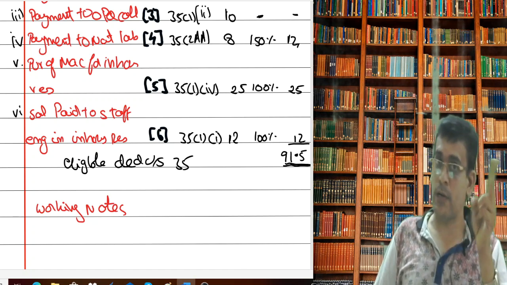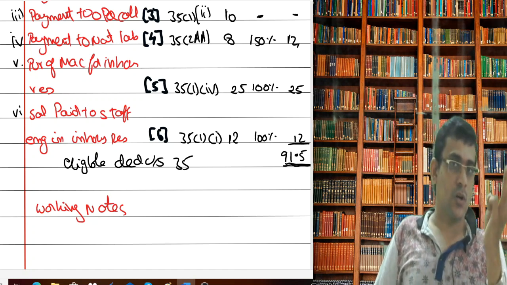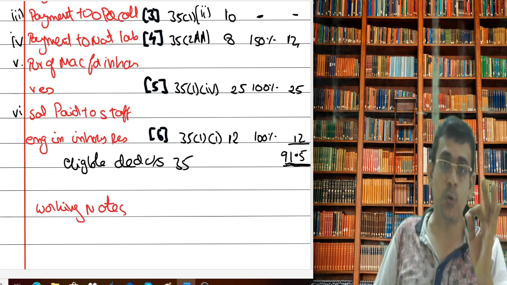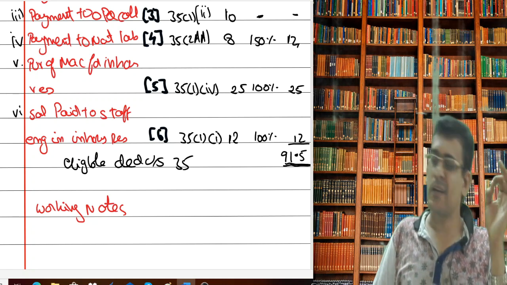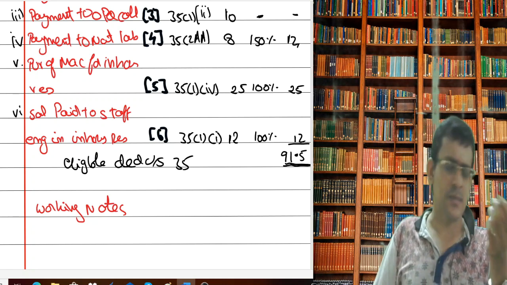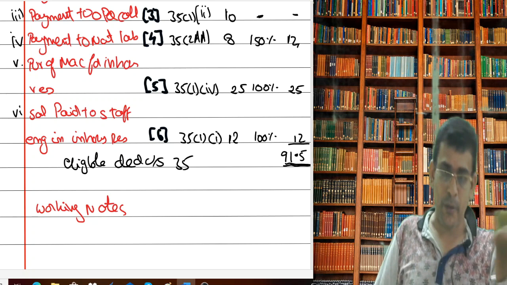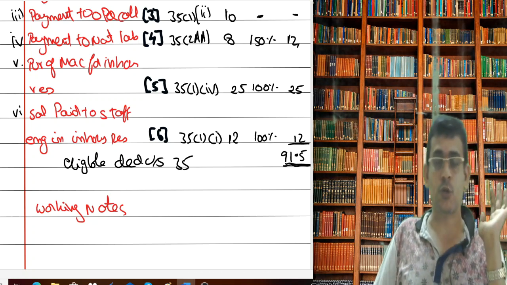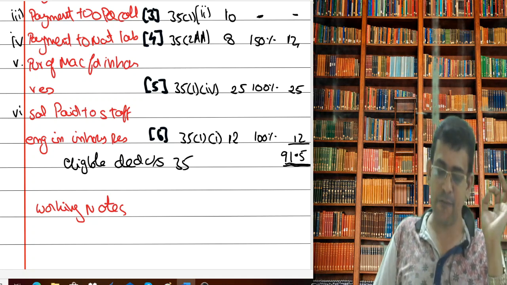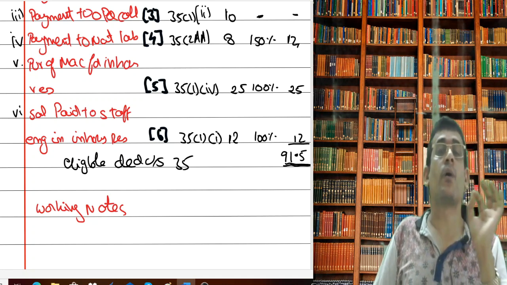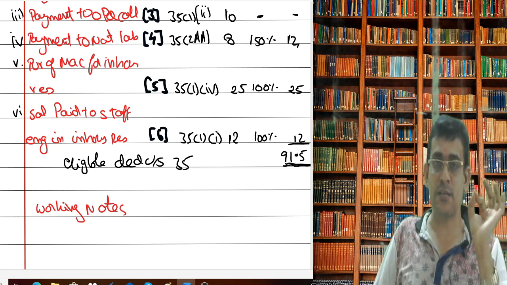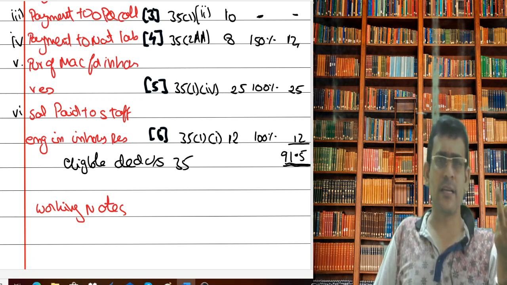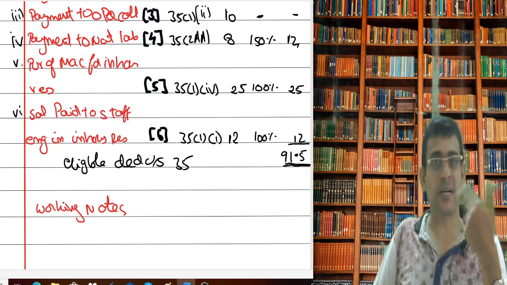Then the second working note and third working note is what? Any sort of payments made to an approved association, approved institute, approved university, approved college is allowed as deduction. So in this case, LMN college is approved, OPQ college is not approved. So whatever contribution you make to the approved institution or association under section 35 subsection 1 clause 2, 1.5 times or 150% is allowed as deduction. As the other college, OPQ is not approved, nothing is allowed as deduction. That's what you should clearly mention as a part of your working notes.